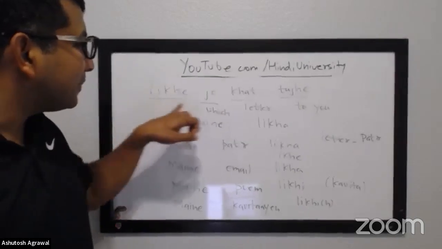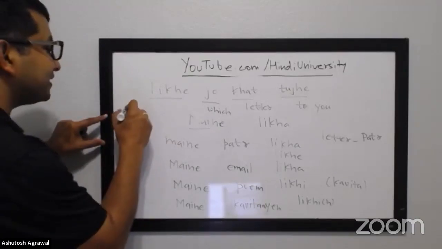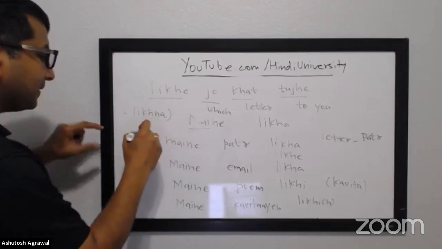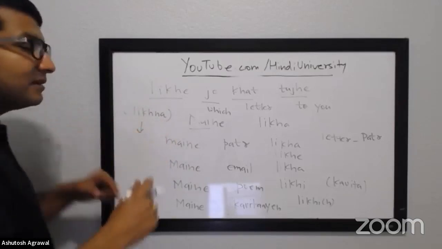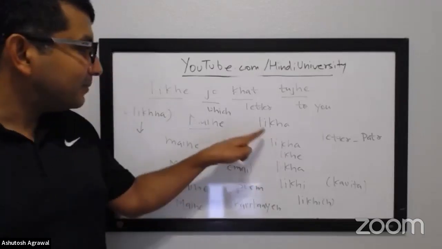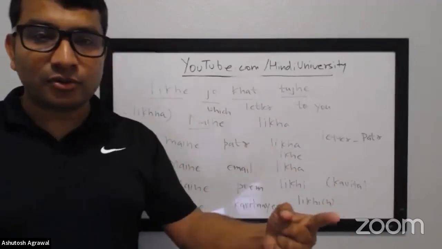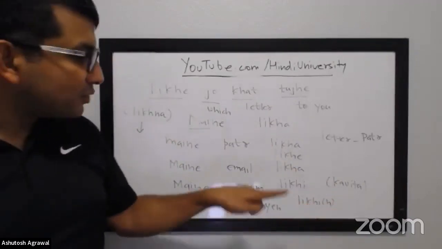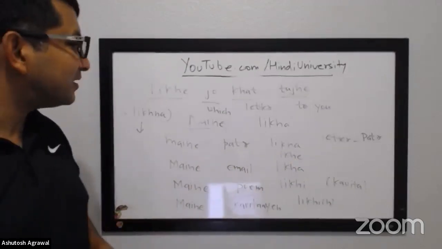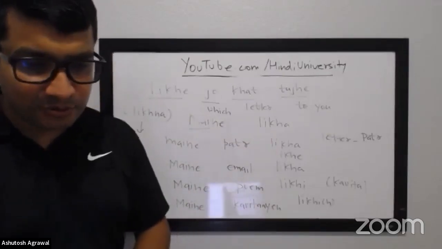But if you think about it, the verb here is "likhna." Okay, but "likhna" is said in the past tense, that the letters that I wrote to you, right? And he's not saying "likha jo khat tujhe," like one letter that I wrote to you. I wrote you many letters, right? So that's why it's "likhe." Okay, it's a slight detour, but at least when you hear it, it should sound somewhat familiar to you, right?